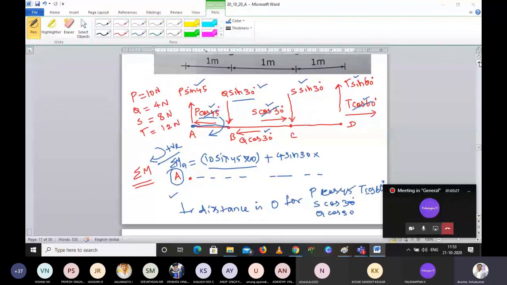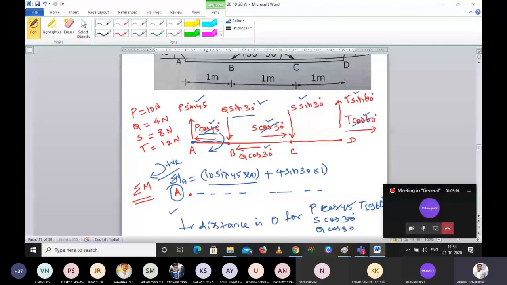Okay, another 2 minutes, then I will wind up. What is the distance, boy? Any idea? 1 meter. Okay, 1 meter. So after that, another force, whether it will make it rotate clockwise? No, negative sign, sir. One is upward direction, one is downward direction, sir. This is downward, right? This is also downward. So downward means positive, am I right? Yes, sir. Positive. But P sin 45 negative. Okay, no problem about it. It is 0. That is correct.